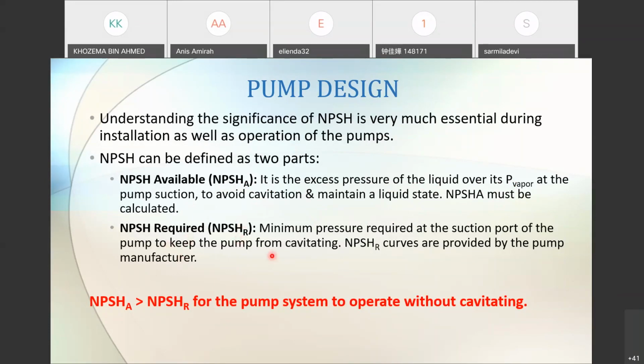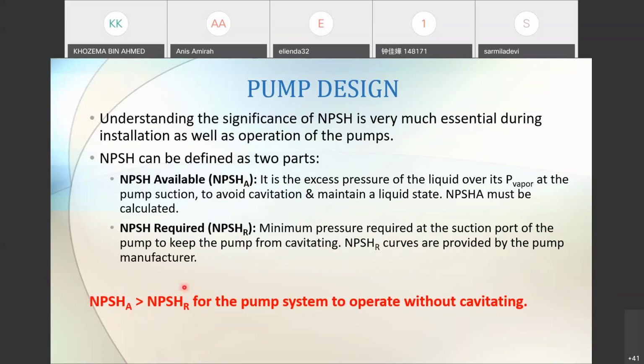NPSH-R, the minimum pressure required at the suction port of the pump to keep the pump from cavitating. NPSH-R curves are provided by the pump manufacturer. So this value we need to calculate, and this value will be given when you buy a pump. We want to compare this value and this value. Why do we want to compare? Because if